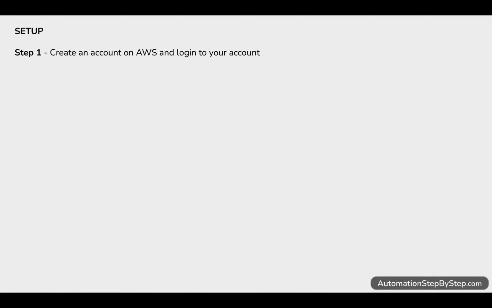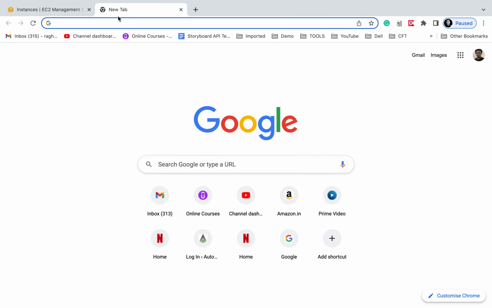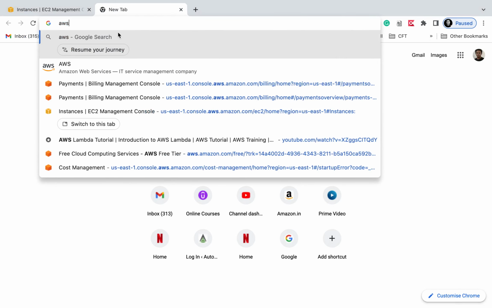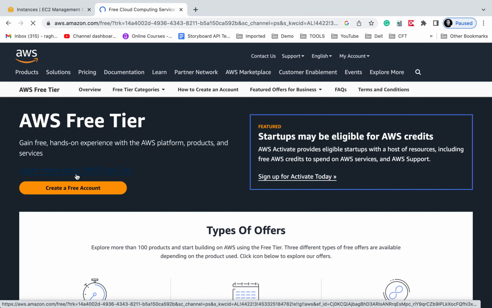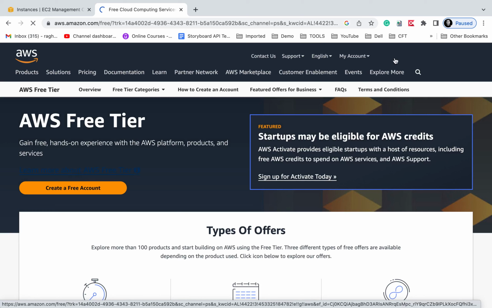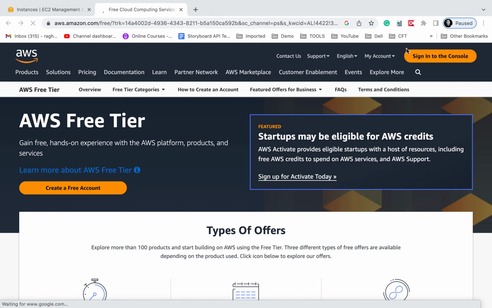And for that we need an AWS account. So you can create an account on AWS and then log into your account. If you go to the AWS website, this is the AWS link, and it will take you to aws.amazon.com, and here you will have the option to create a free account. You can go there, give your email ID and your username, etc., and you can sign up for an account